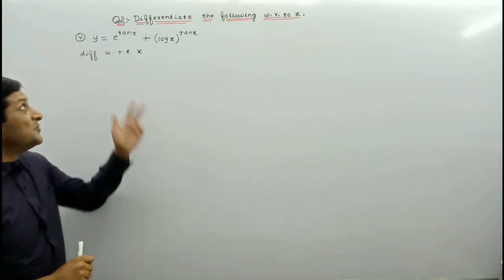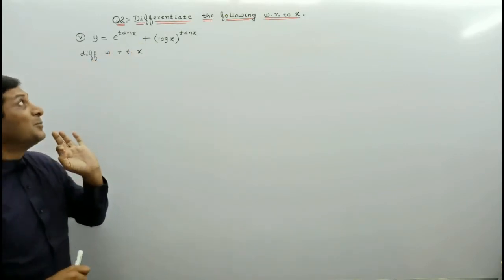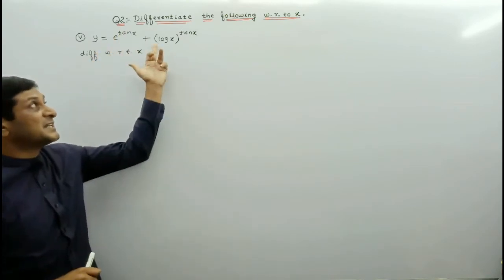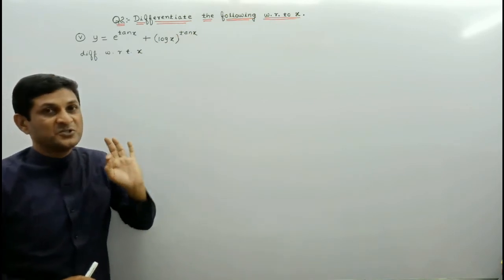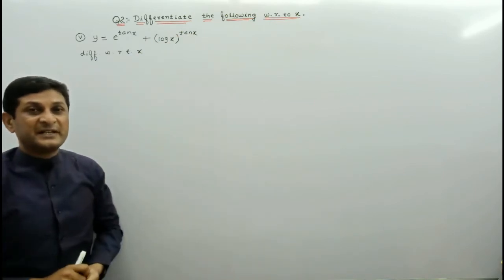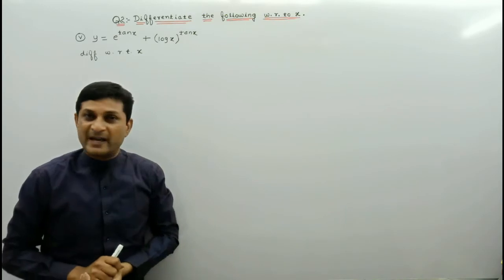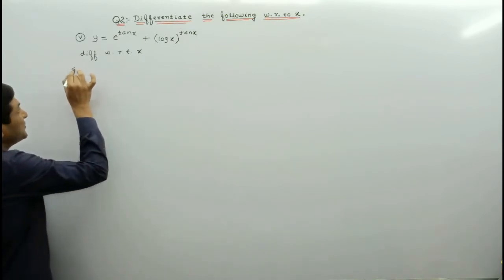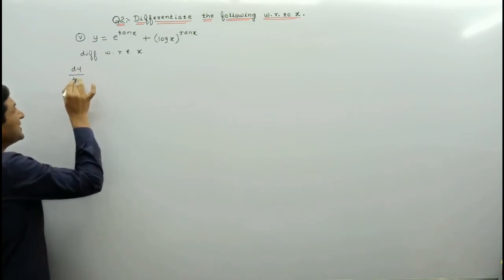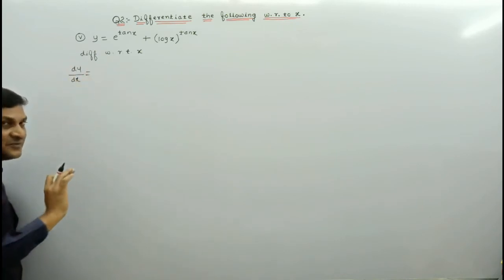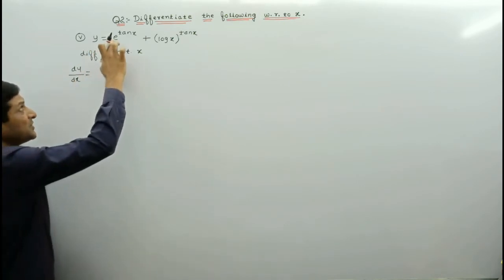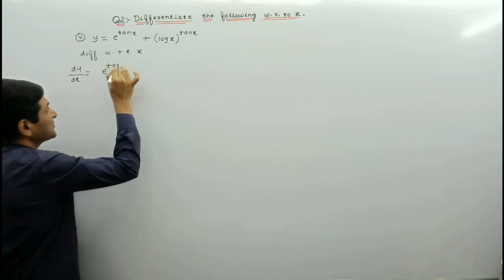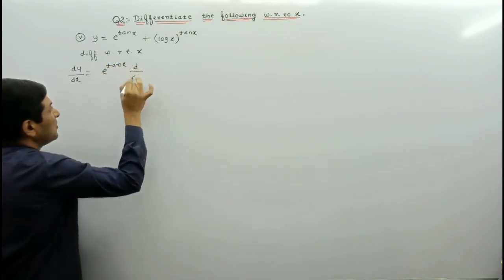In this case also two functions are there connected by plus, and the first function is in the form of e raised to power f of x, and the second function is in the form of f of x raised to power g of x. Means to find the derivative of the second function we have to apply the logarithmic differentiation method. So the same method we are applying which we have seen in the first two examples. So dy upon dx is equal to, just differentiate it as it stands with respect to x. So the derivative of the first term, the derivative of e raised to power f of x, will be e raised to power f of x into the derivative of f of x.